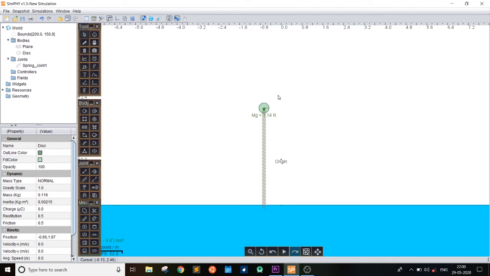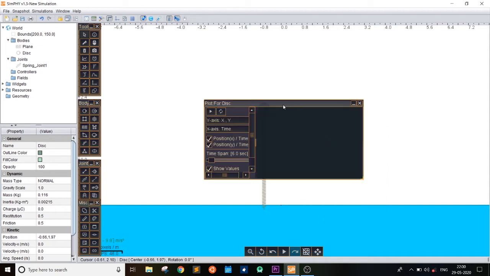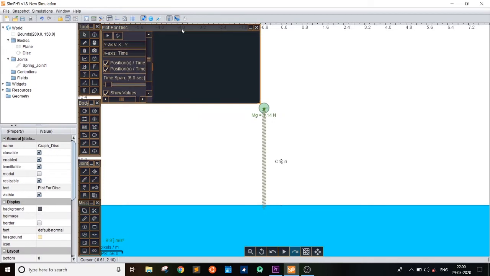And now you can make a graph. There are two ways. First is using the toolbox, the graph tool, or just right clicking and then action, and then visualize graph for center of mass. Then select it, then the dialog box appears and it will plot the graph of the motion.